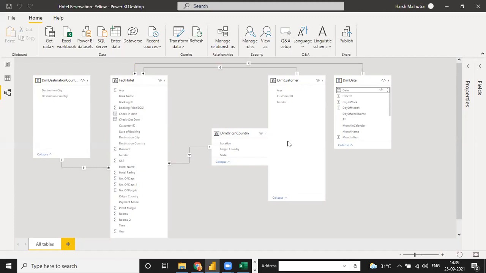Till now, do you have any doubt, or shall we move to the DAX calculations? We have to make some calculations to make the visualization as per our requirement. Shall we move into DAX, or do you have any question, guys? Any doubt till now? Any relationship doubt? There are four types of relationship: one to one, many to one, one to many, and then many to many. So guys, if you have any doubt, you can ask me directly right now. Otherwise, the recording will be shared with you, so no worry, you can ask me again also.